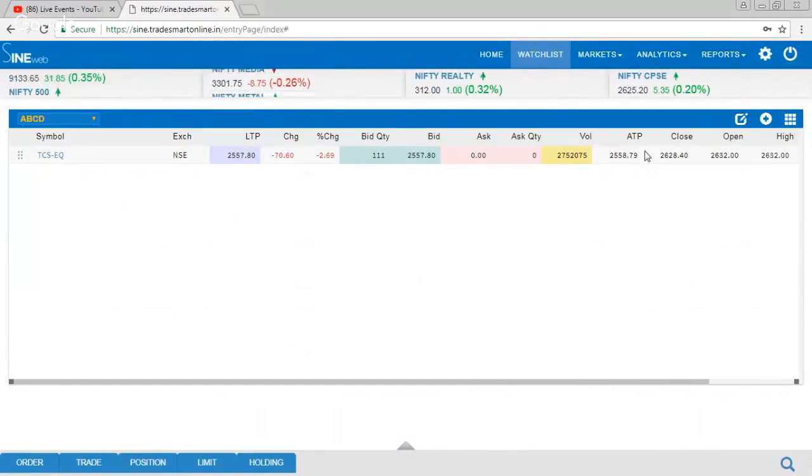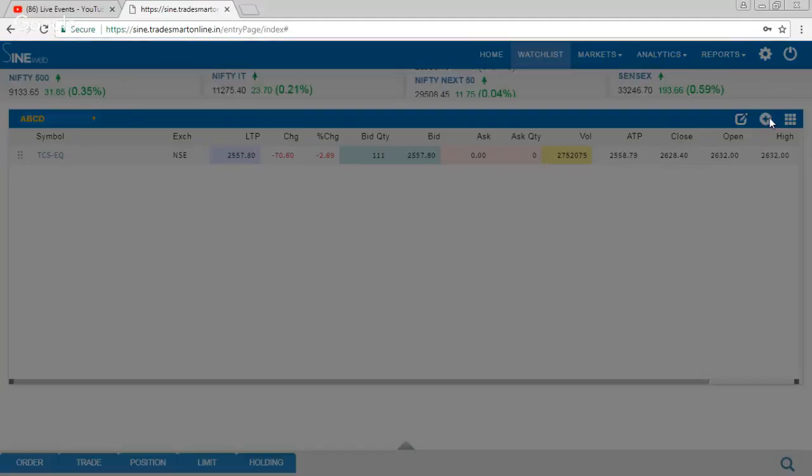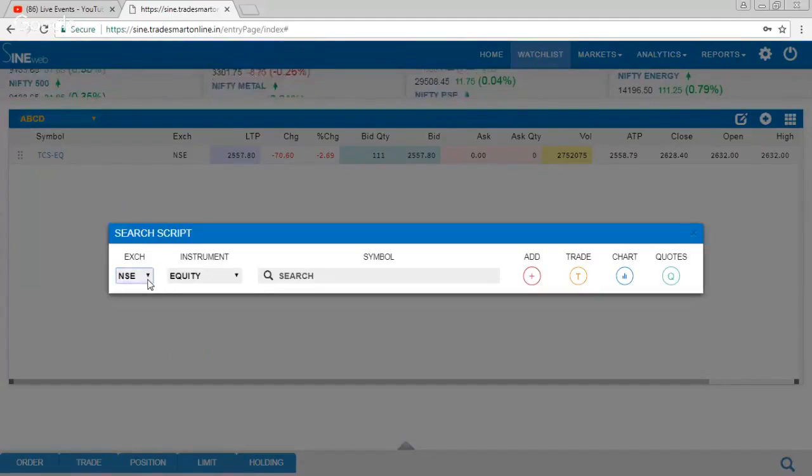Now, as the watch list is created, we want to add scripts in the watch list. In order to add the scripts, you have to click on the plus sign. Here, the exchange: NSE, BSE, MCX; instrument: equity, future stock, future index, future currency, option stock, option index, option currency.